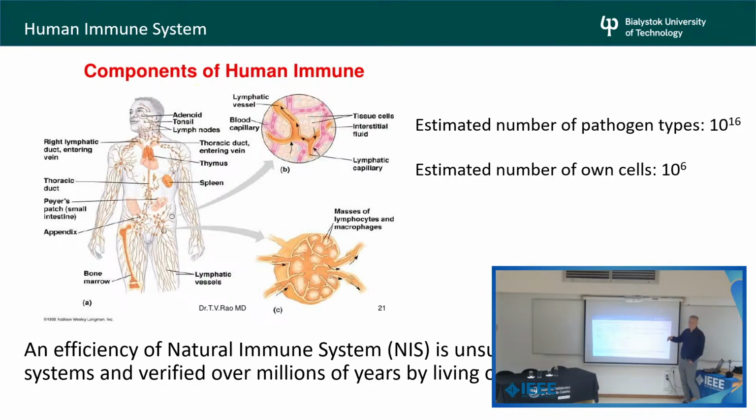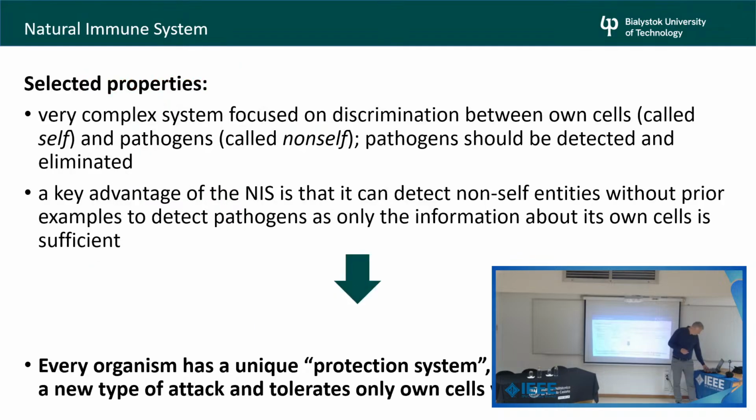If we move this to cybersecurity, you can imagine a system in which we do not have tools, for example Snort or a firewall, that recognize known attacks. It is enough to have information about our profile, and everything that does not belong to our profile will be treated as a network intrusion, a pathogen, and so on.